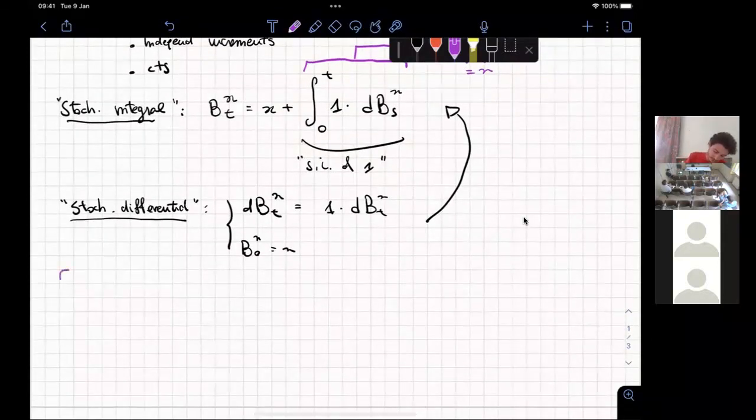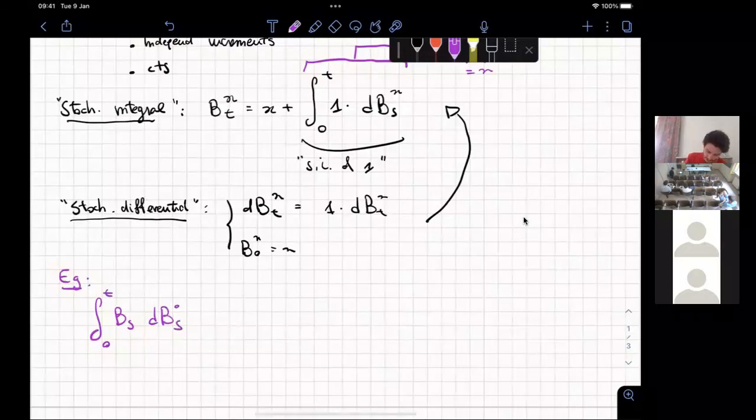And as an example, I will just write down what happens in this case. So let's just integrate B_s dB_s from 0. Let's start from 0, so we will not have the initial condition part. In this case, from the standard integral, what we are expecting is something like 1/2